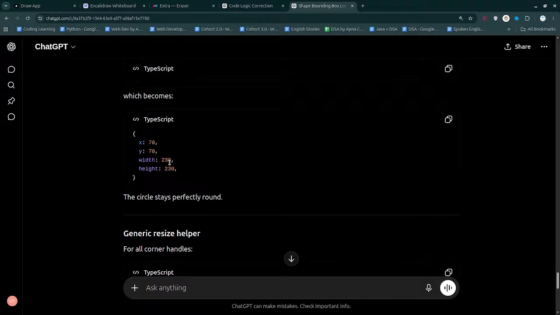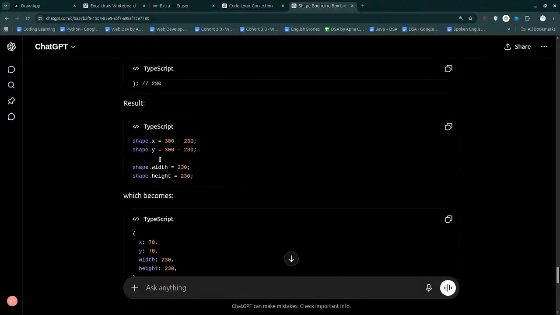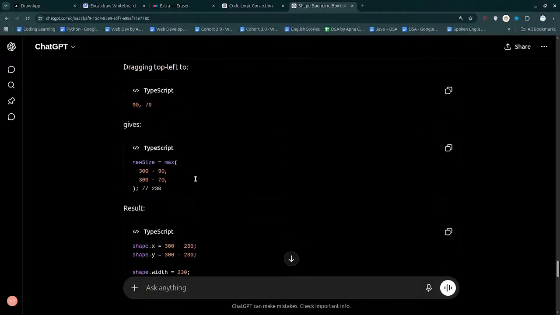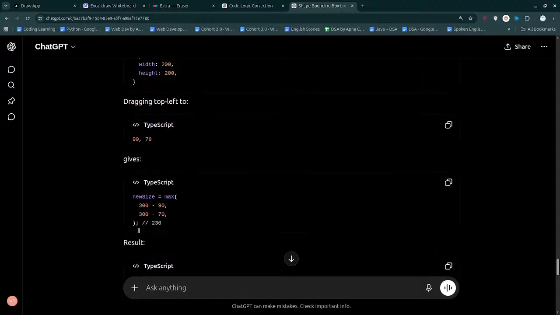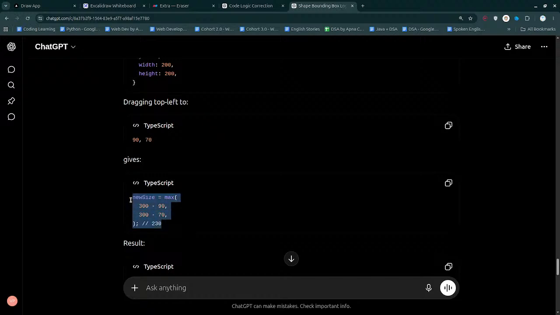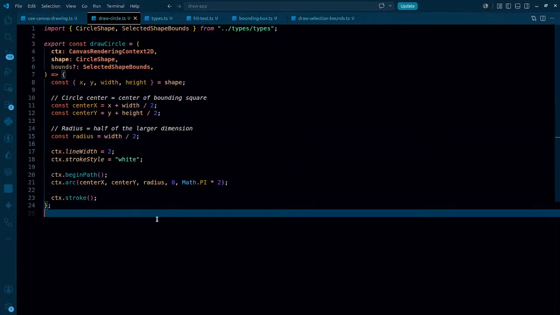So even if we are going with this way, shape dot width and shape dot height, they are gonna be the same. So new size is gonna be this, and at the end of the day, shape dot width will be 230 and shape dot height will be 230. So at the end of the day, we have to just simply calculate it, and this is fine. Even coming back to calculating the stuff, whenever we are just simply doing that,